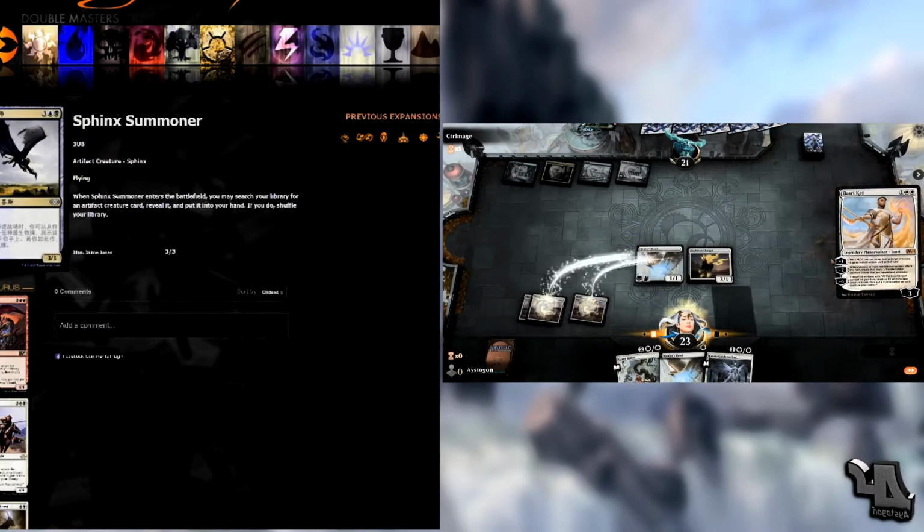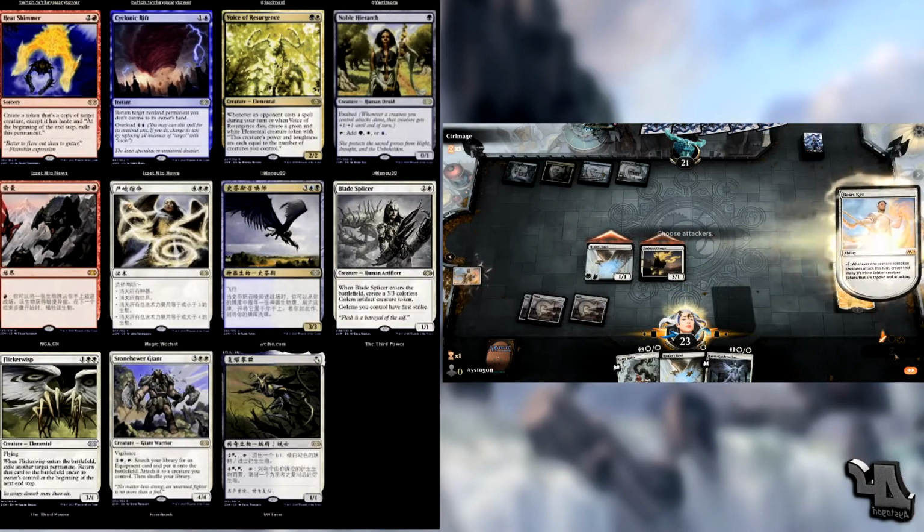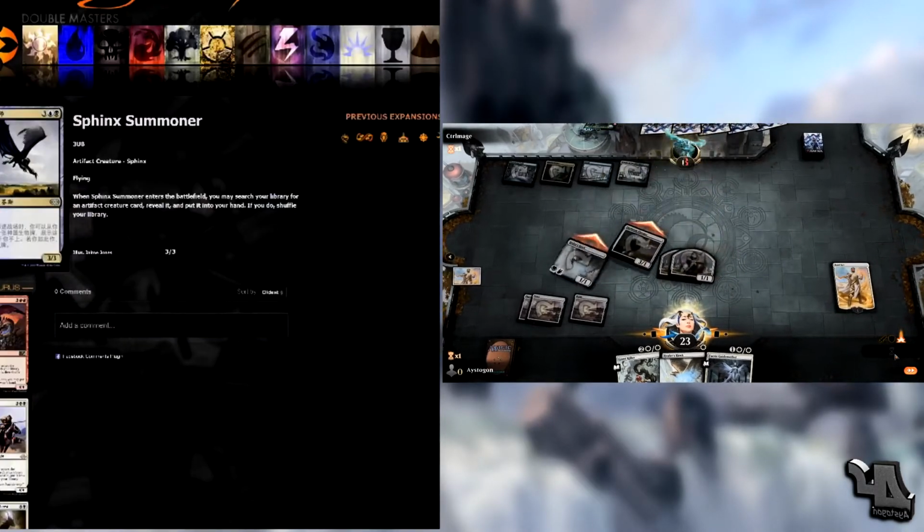Do you put this in your Dimir deck? I don't know what Dimir deck wants that, where you have black tutors. But maybe I'm just thinking about competitive people too much. I feel like that card's very much